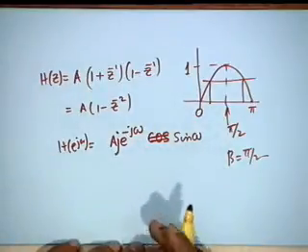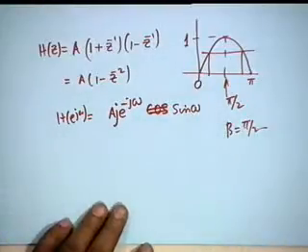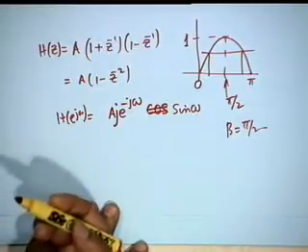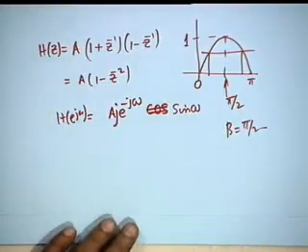Suppose I wanted a band stop, then what should I do? High pass plus low pass, plus in the sense parallel. All pass minus band pass would be a band stop. Yes, we will use this. But tell me the simplest. Instead of sine omega, if I had cosine omega, then I have done the job. Cosine of 90 is 0, cosine 0 is plus 1, and cosine pi is minus 1.